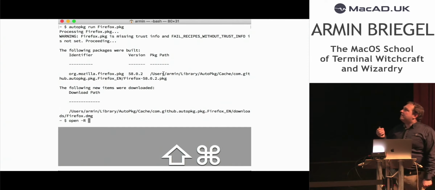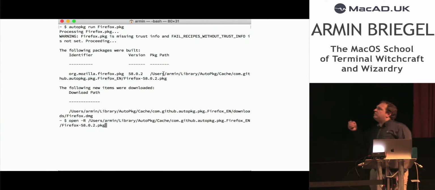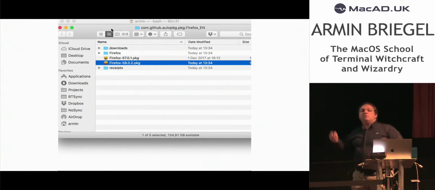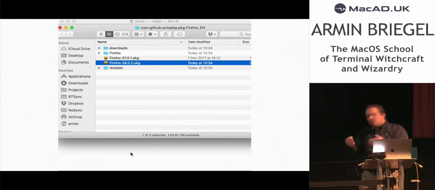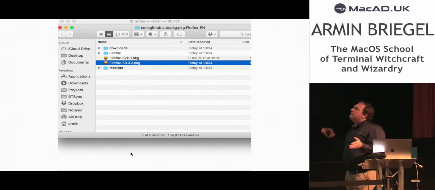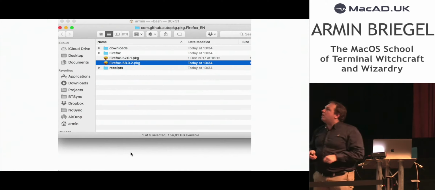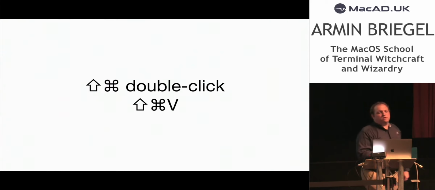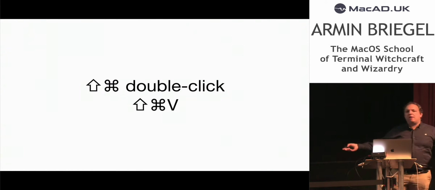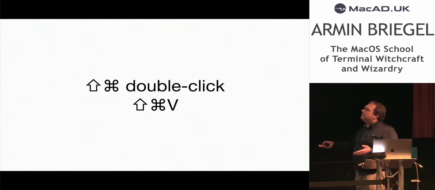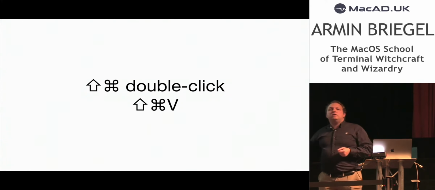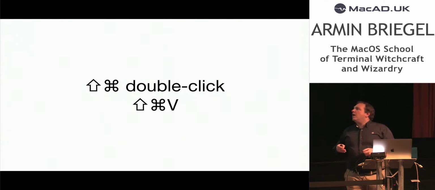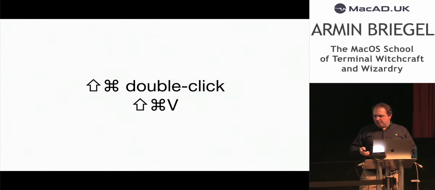And then this has a sibling command, Command-Shift-V, so you can hold the same modifiers, double-click, and then hit the V key, and it will just, instead of copy-paste, it will just type what you just selected into the command prompt. So in this case, I ran an open command and just showed some output. Command-Shift double-click will select entire paths or URLs, because it selects up to white space. Command-Shift-V will take that output. You don't have to go through the clipboard. Saves you one keystroke. And just types the selection in the current prompt.